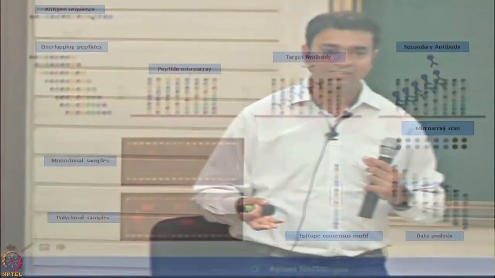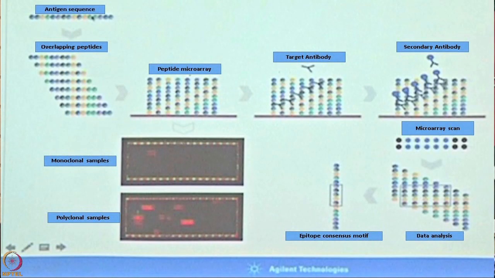You have this antigen sequence, you know that, but you don't know what the epitope is, right? So then they use the target antibody, for which you want to define the epitopes, and then the secondary antibody. Then this is going to scan, and where the signal is detected, that's your epitope. So this is the epitope where the antibody positively binds. The monoclonal binds only this epitope. If it is polyclonal, it's going to bind several places, right?